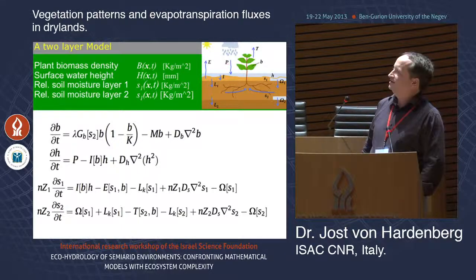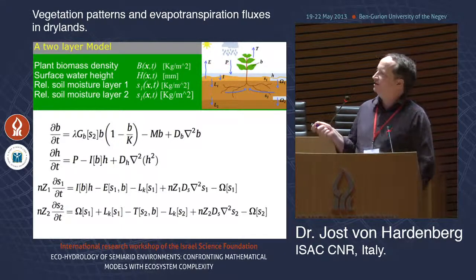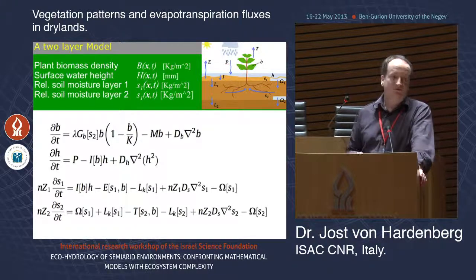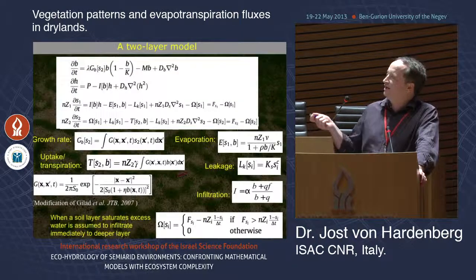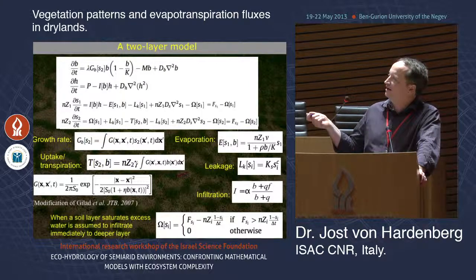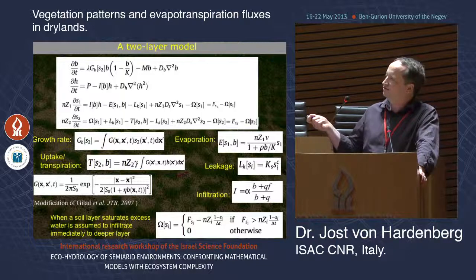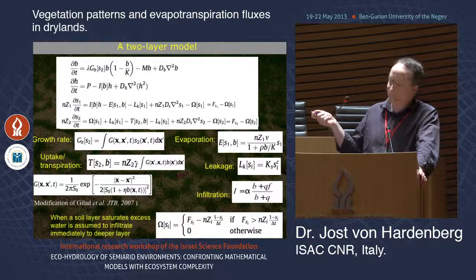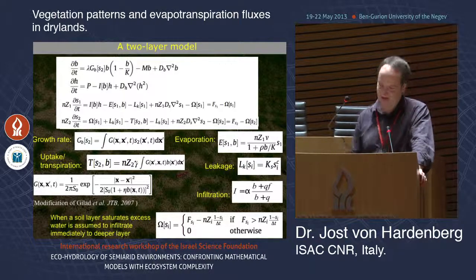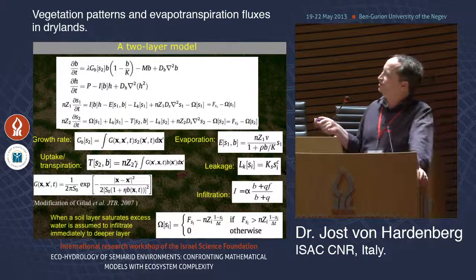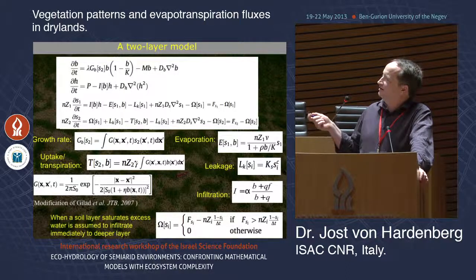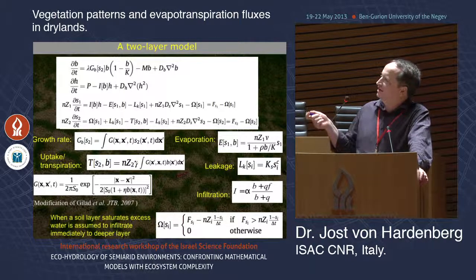Translating this into the actual equations, you can recognize a similarity to the equations which I just showed. In fact, it is a modification of the same model. Nothing has changed for what relates to the surface runoff. But the main change is that now evaporation is only here. We have a leakage term. We can choose different functional forms. Maybe I can go to this slide where we can show more of the details.